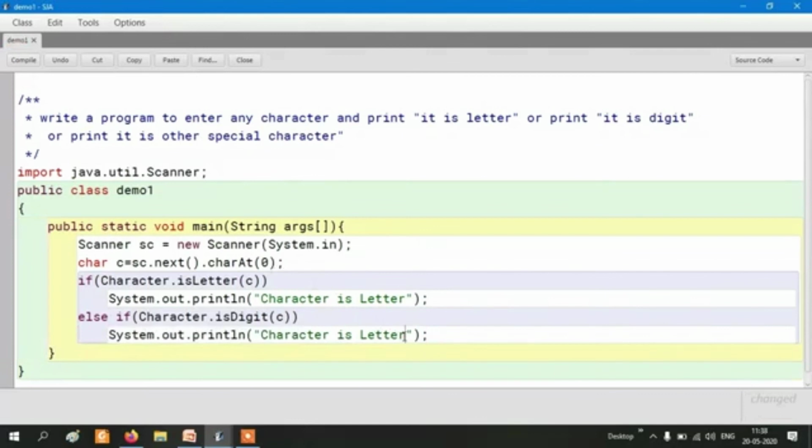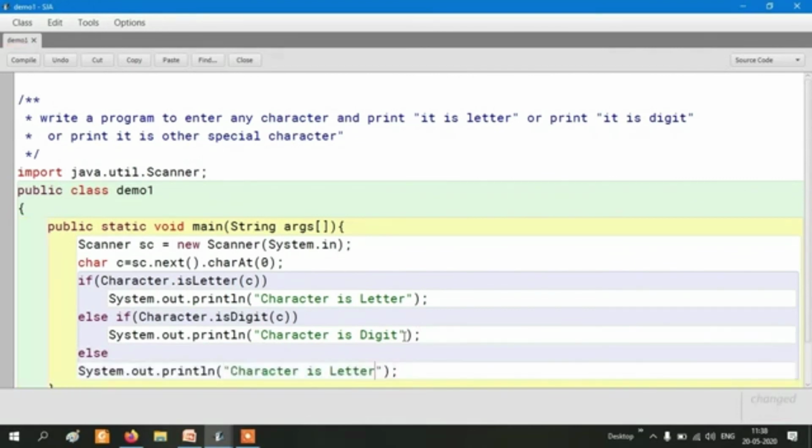So character is digit. Yes. Next we will use else, System.out.println character is other special character. Let's write, and afterwards we will compile this program.